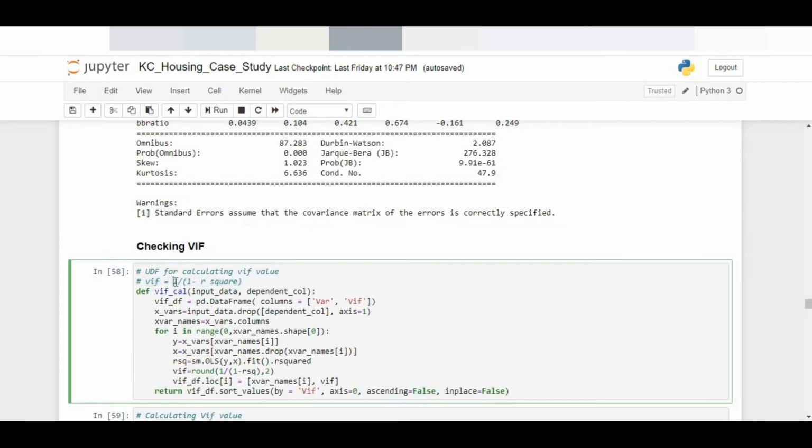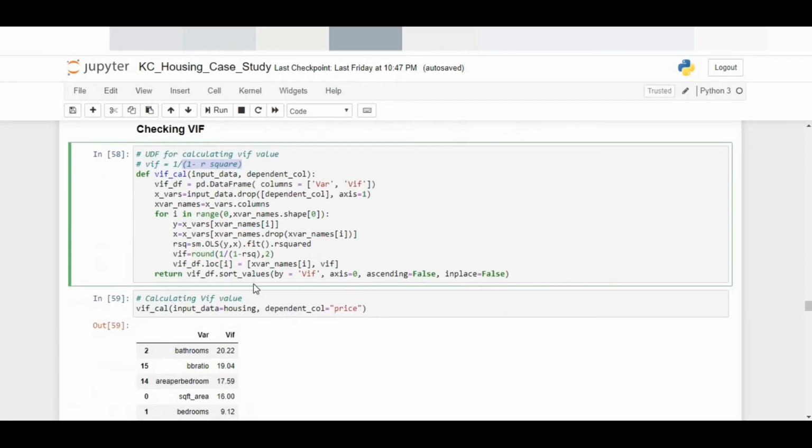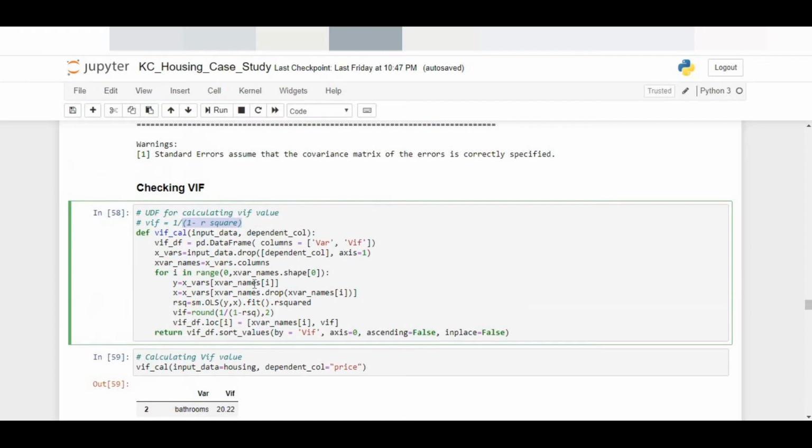VIF is nothing but 1 upon 1 minus R square. With this formula, it is pretty clear: the higher the VIF, the more are the chances of multi-collinearity. So I would like to have variables which are lower in VIF. Usually something lesser than 5 is something I would consider ideal, but that depends on the scenario.